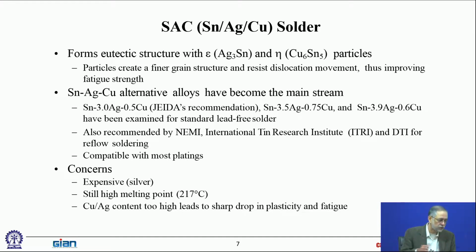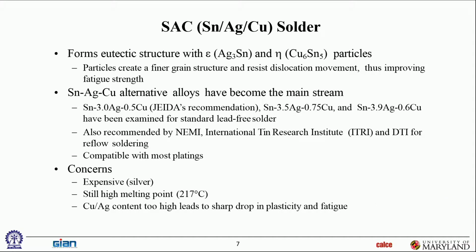And again, there are a lot of drivers for it. Reliability is only one part of it. Cost is a huge part of it. And it turns out silver is not that much more friendly to the environment than lead. It's not as much of a risk to human beings, but because it's much lighter than lead, it leaches through groundwater systems much more in your trash dumps where all the electronics get dumped. It leaches through the waterways into your water system. And marine life is very vulnerable to toxicity from silver. Turns out human beings are not quite as vulnerable as they are to lead, but marine life is extremely vulnerable